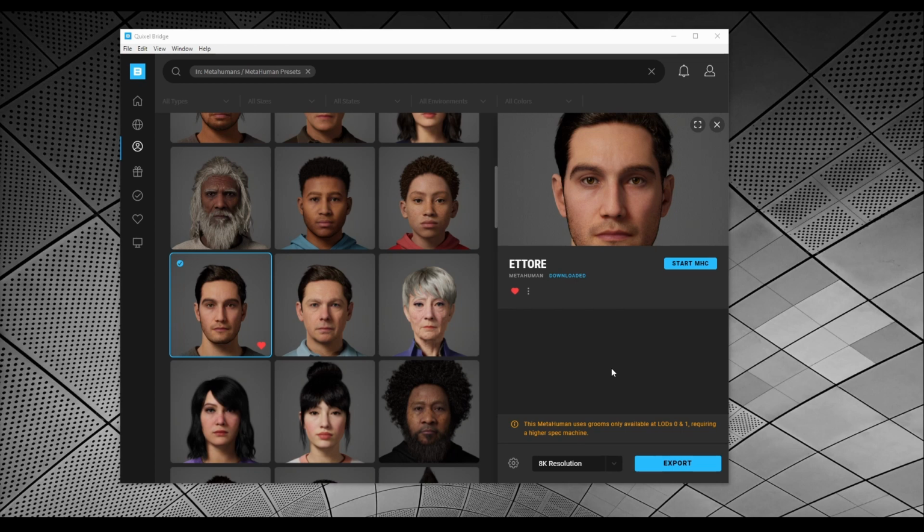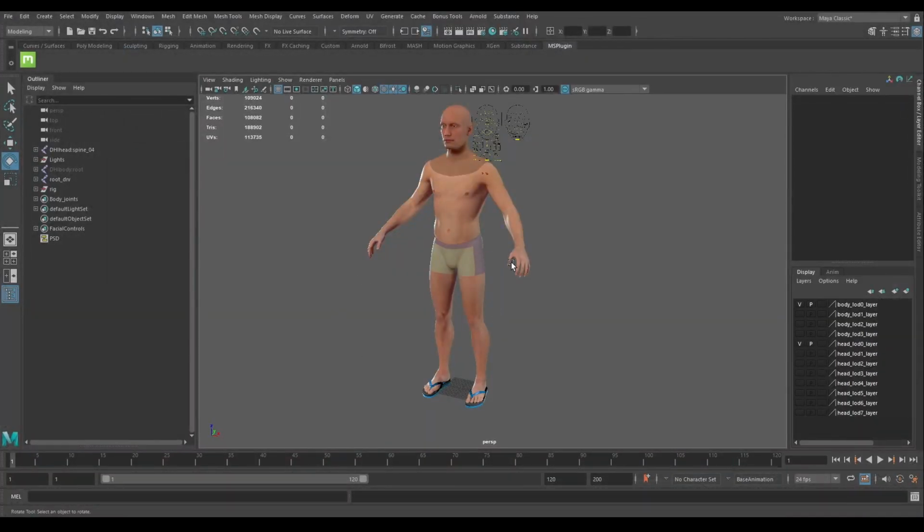To begin with, we're going to start in Quixel Bridge, and we take one of the default characters and we're going to get it into Maya. There's a very simple export process and I go through that process and explain it fully in this video up here. If we go directly to Maya now, this is what we see when you export the character directly from Quixel's Bridge. This can be quite confusing because everything appears to be here that we actually need,